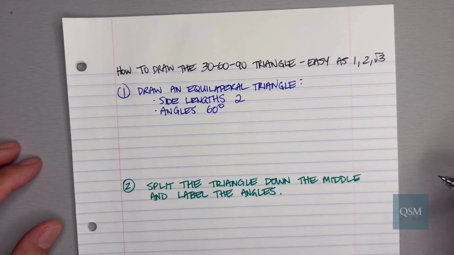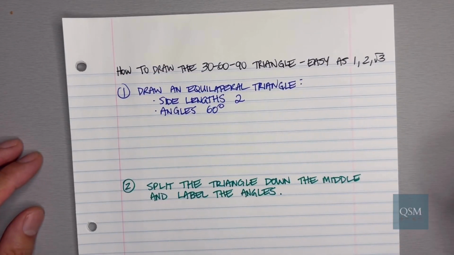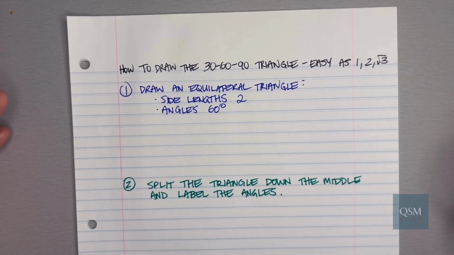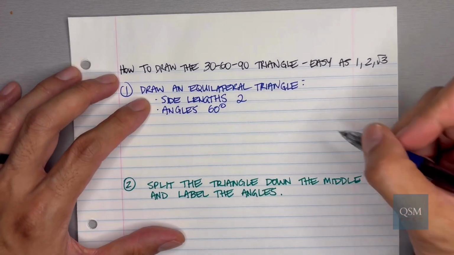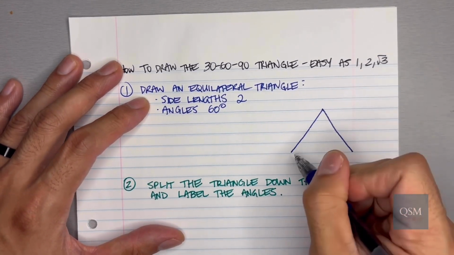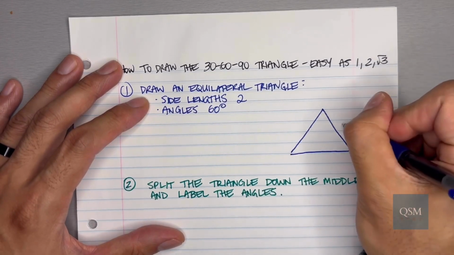Alright, in this video I'm going to show you how I draw the 30, 60, 90 triangle. So I always start with an equilateral triangle, and in an equilateral triangle the side lengths are all the same. So I'm going to draw an equilateral triangle, just a rough sketch, and the side lengths of my equilateral triangle are going to be 2,